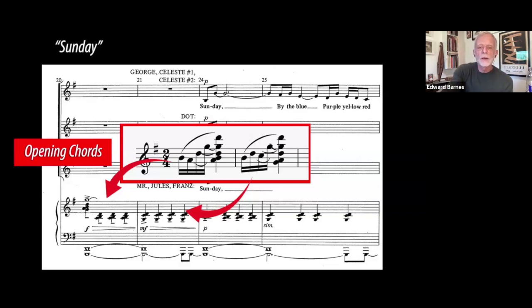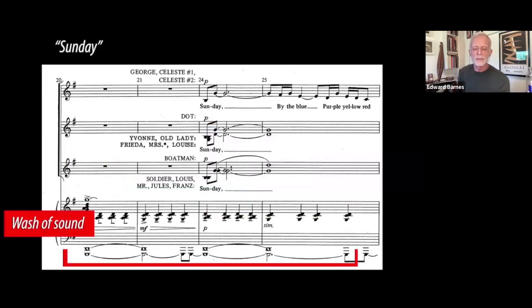And he uses those to create his wash of sound. And if you look at the very bottom of this, even if you don't read music, you'll see these arced lines drawn, and that means everything is connected. Do not release the sound. Let it all blur together. These are all played as one big blur, and that's his wash of sound.